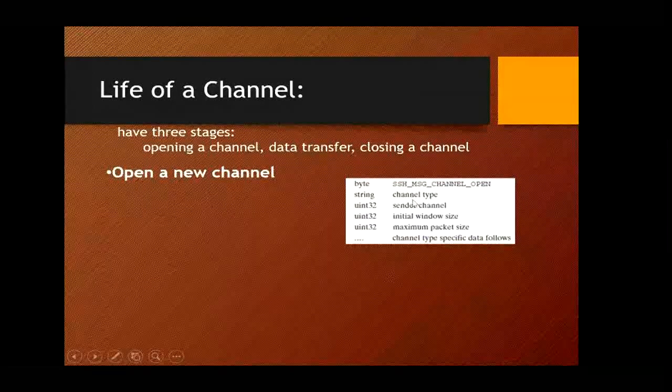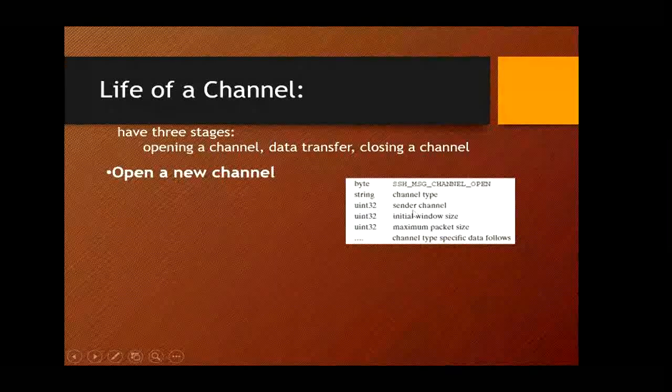This message has various parameters involved. The parameter uint32 indicates that it is an unsigned 32-bit integer value.